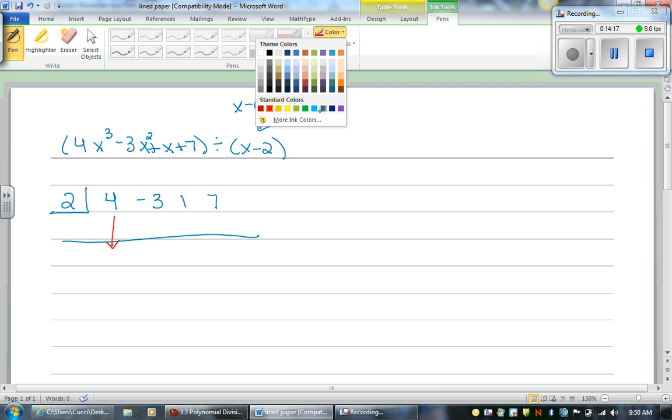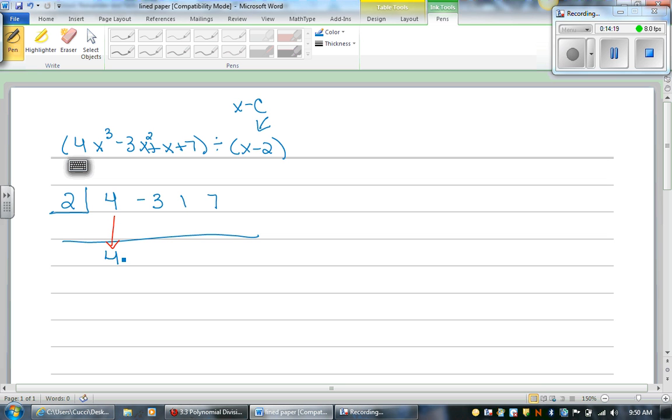Okay, you're going to drop that 4 and just bring it down. All right. Your next step is to take this 4 and multiply it by your c value. 2 times 4 is 8, and you're going to put it underneath the negative 3. Then you're going to add. Negative 3 plus 8 is 5. So then you do 2 times 5 is 10. You put it under the 1, and you add 11. 2 times 11 is 22, and you add